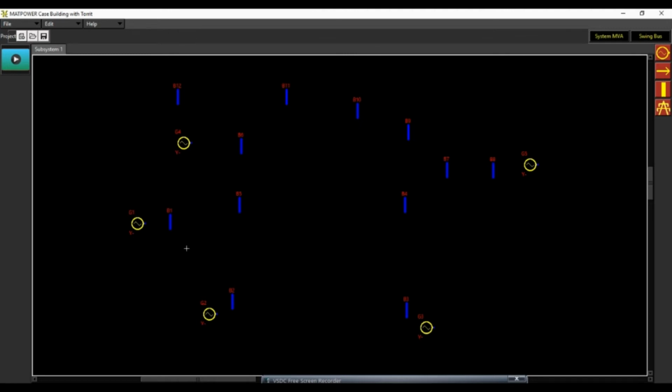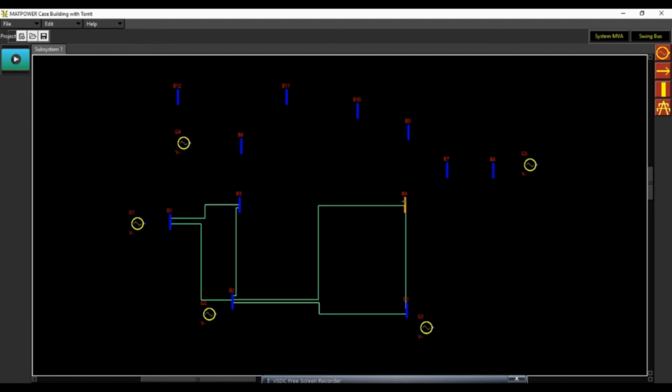Suppose you want the transmission line from bus number 1 to 2 to appear first, and then from bus number 1 to 5, and then from bus number 2 to 3, then 2 to 4, and 2 to 5, and then you want bus number 3 to 4, 4 to 5, and then 4 to 7,